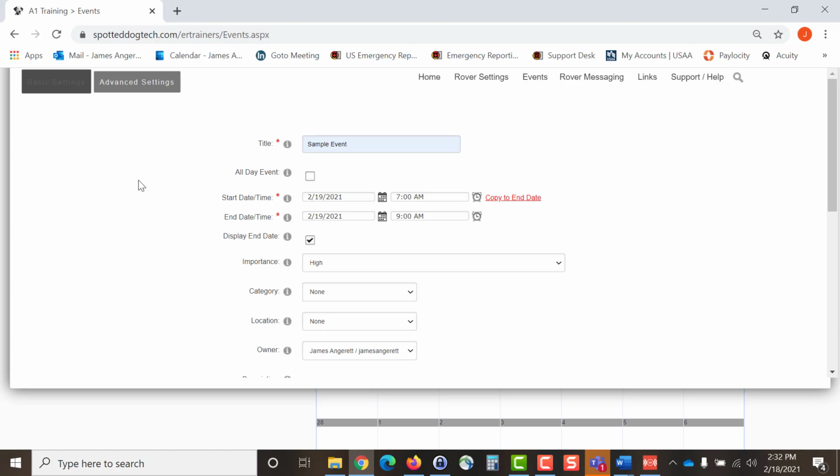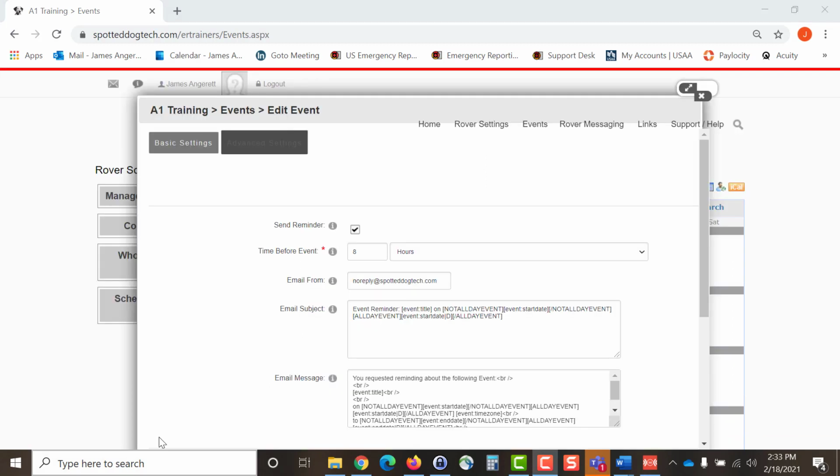If you want to allow enrollment for your personnel, go to Advanced Settings. From here, you can send reminders. You can select to send or generate an email at a certain time frame. You can select from minutes, hours, or days prior to the event. In this case, we'll leave it set for 8 hours. The email will come to them via